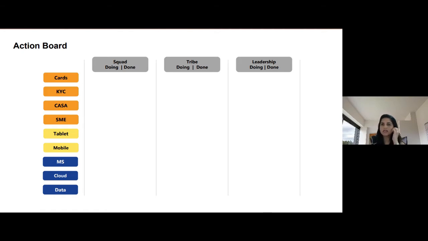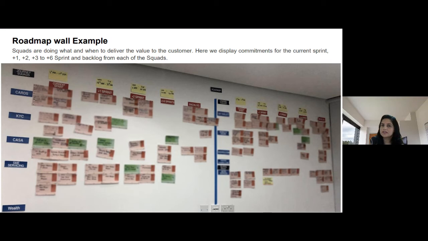Here, a tribe is nothing but 6-7 squad teams and 6-7 expertise teams which we are using. All of that comprises a tribe, or what we call a scaled scrum, whatever you want to call it in your organization. And then there could be some actions on leadership as well. So that comes here. Now I'll show you the real life example, okay?